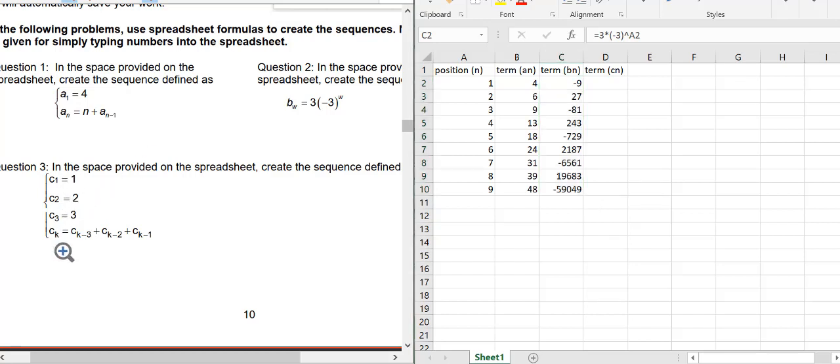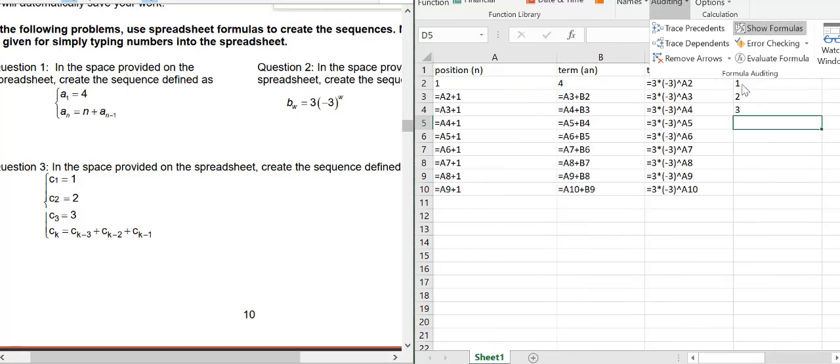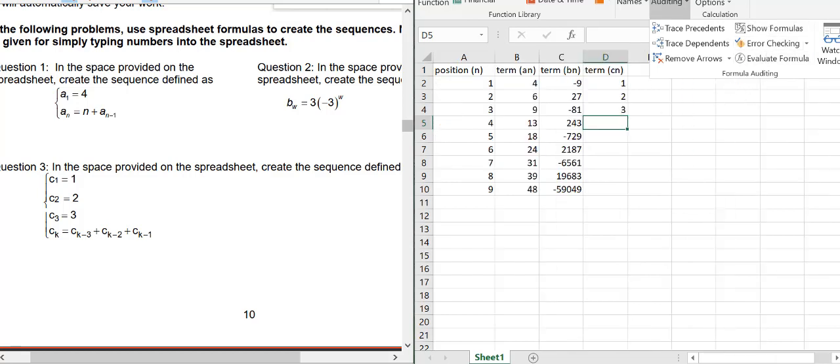Last one, is this recursive or explicit? Good, recursive, that's right. To get the next terms, I have to know the terms before it, don't I? So 1, 2, 3. Those I'm just given, right? That's who they are. I just type them in. There's no formula there. If I go to formulas, and show the formulas, the 1, 2, 3 aren't going to be formulas, right? Okay, now,